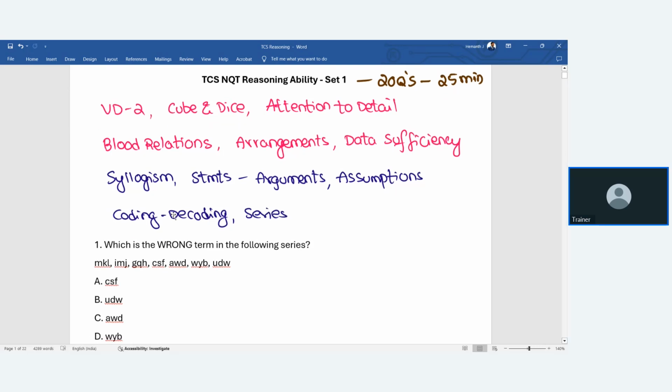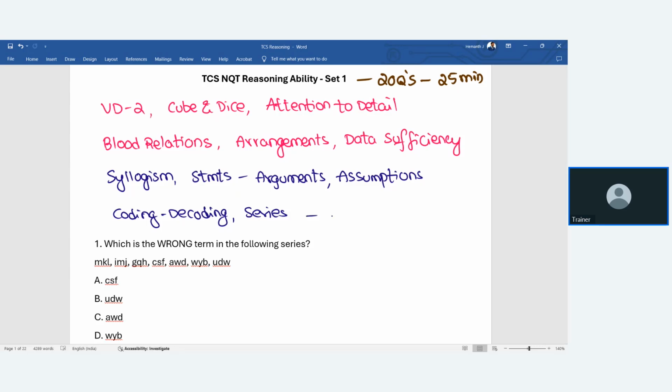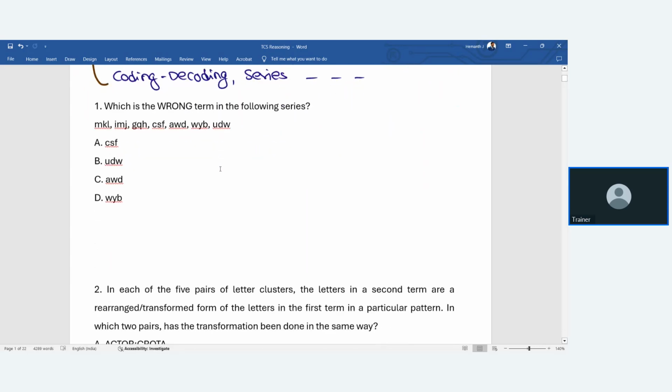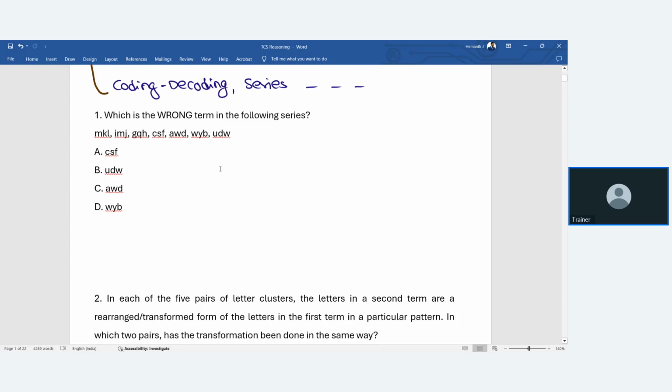There are many more you can add on. These are a couple of topics which I gave in the list. You can add more topics. So whenever a question is displayed, write down the topic, so reasoning, they're asking this topic. Likewise, you update. Now here, if you focus on this question, wrong term in the series, if you want